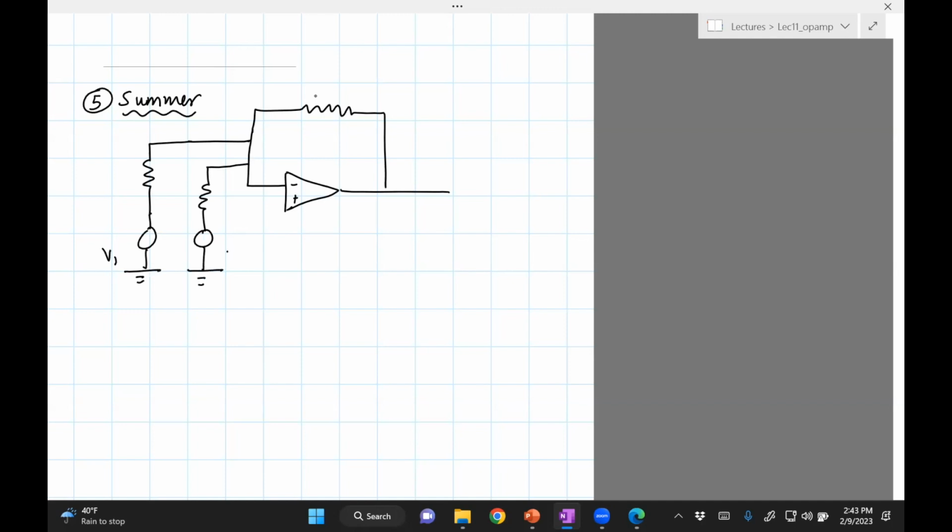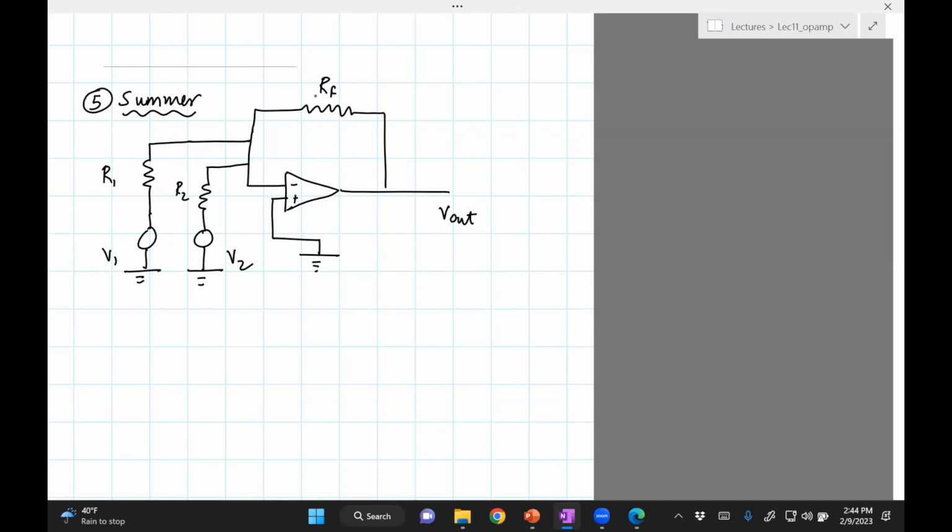Let's say V1, V2, let's call this R1, R2, RF, V out, and then let's connect this to ground. Okay, so here we have two inputs, and our goal is to figure out how the outputs are related